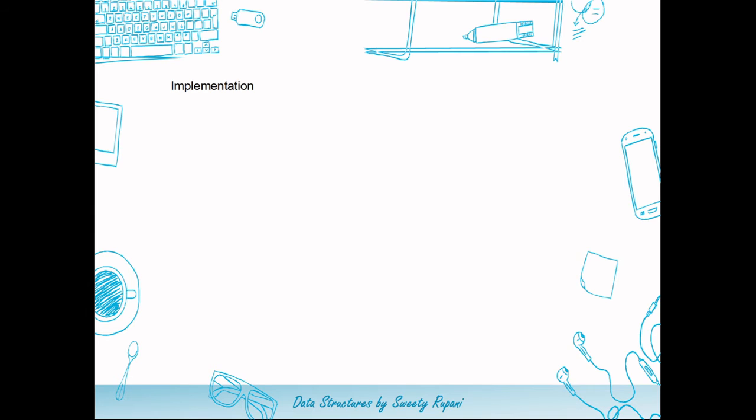Now let us have a look at the implementation part. When I say I have to implement it as a node, a node would be a single object that I'll be making use of. So for that we'll have to create a structure. So a struct node is created. This is of course a user defined structure wherein I'll have a data part, integer type, because I want to store data, followed by which I want to store the address of a similar type of object. So I have to create a pointer of a node type.